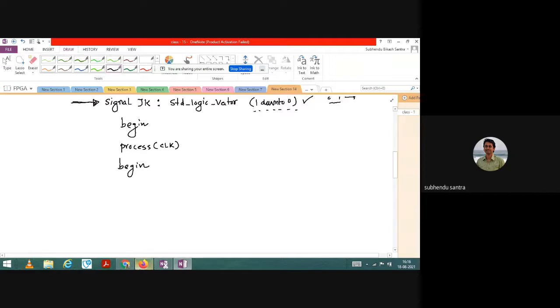Now another interesting thing you see. Definitely the JK value that you are going to take in this program should be equal to that signal value, so this signal you have to take into your program. This is another way to implement your signal into your program. Whenever you are taking a signal, you need to assign it, so the current JK value should be equal to the signal JK, that is j and k.